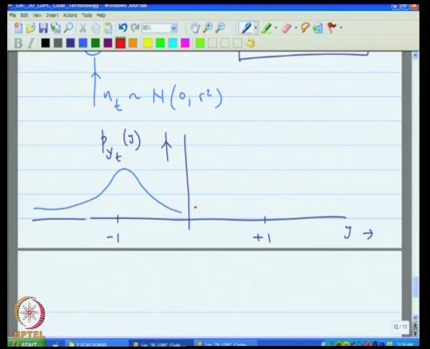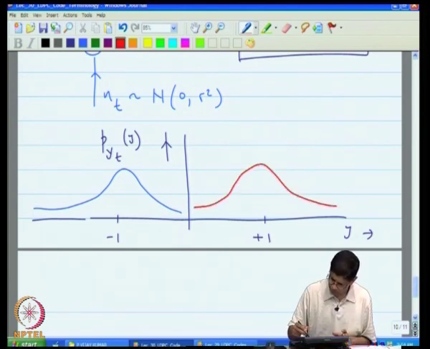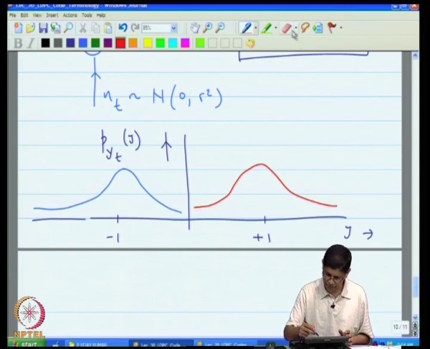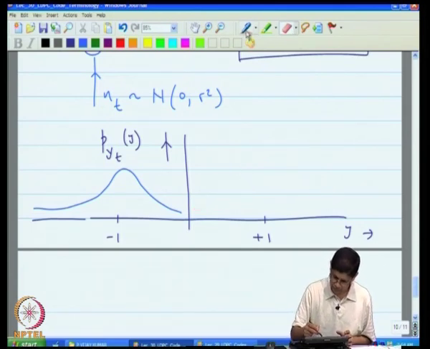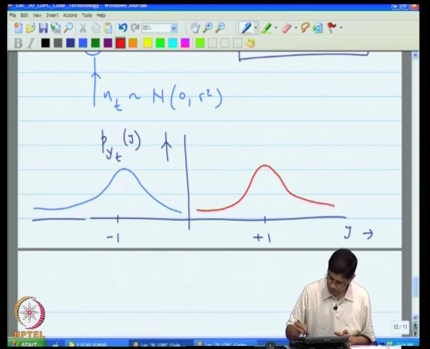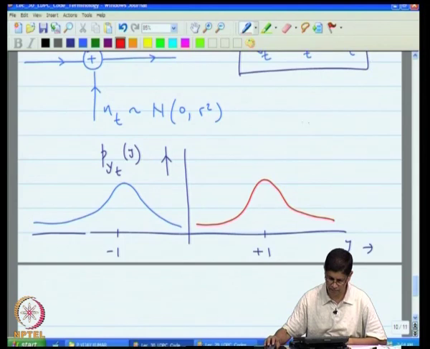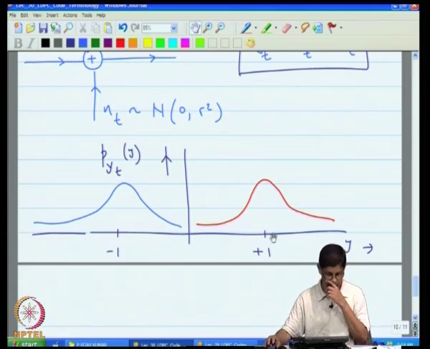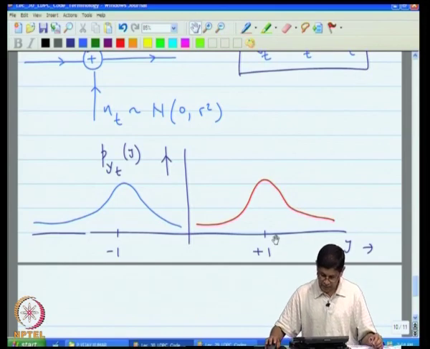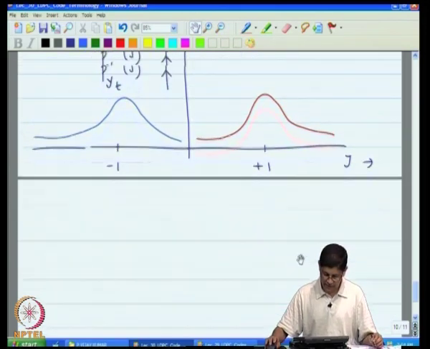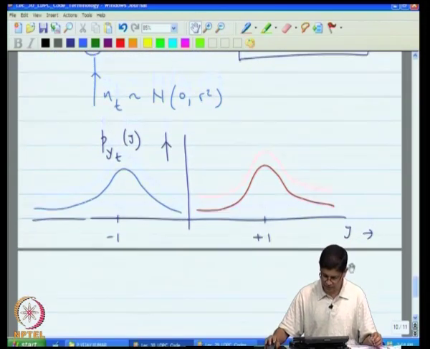I am going to draw this in red. Okay. So, what I mean by this is that if the input is +1, then y of t has this PDF, and if the input is -1, then it has this particular PDF. Now, here again the interesting thing is that this is the customary representation, but